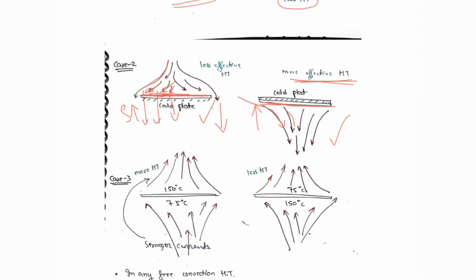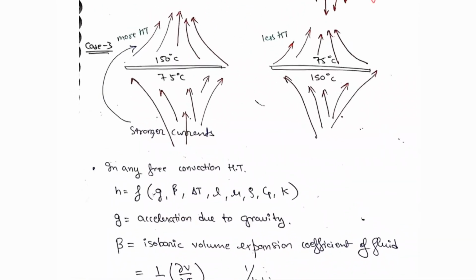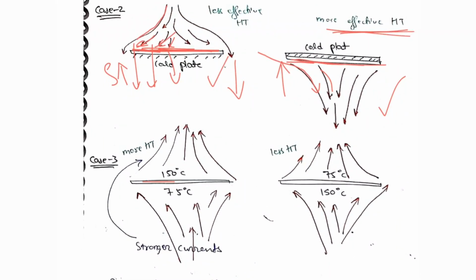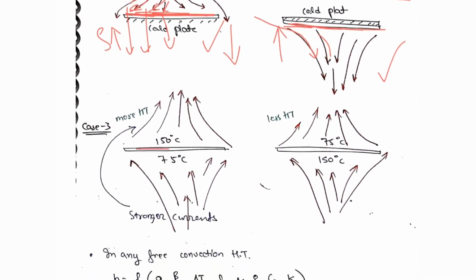Okay, if you take the third case, here one surface is at higher temperature and the other surface is at lower temperature. If you place the high temperature plate on the top side and the low temperature plate on the bottom side, then according to our situations here, you can say that there is a more amount of heat transfer in this situation than this situation,